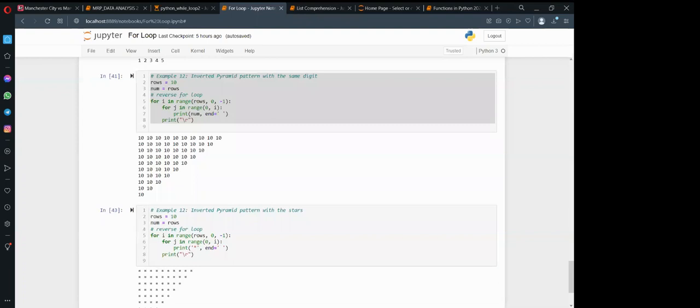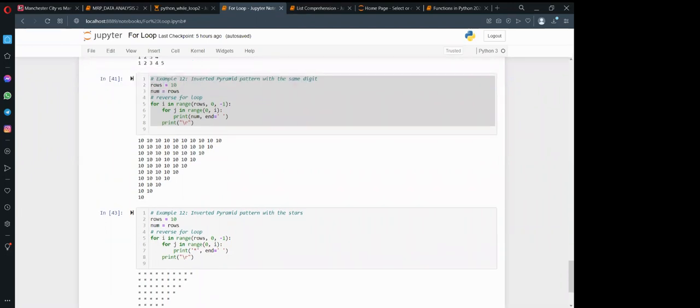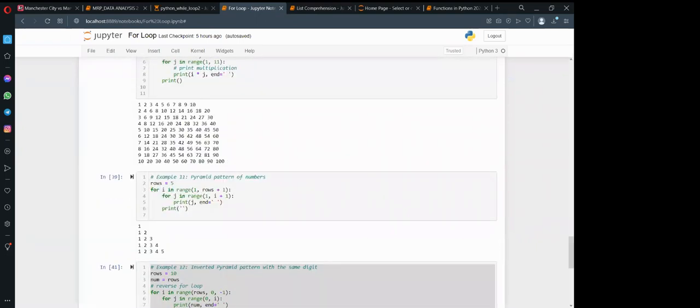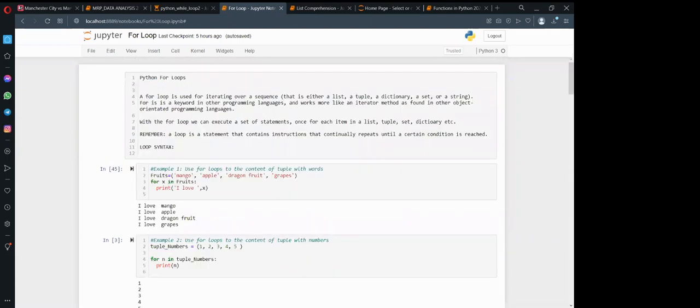So it's just the same thing, but instead of printing number 10, which is the number here, we are printing the star. So that is what I've just put in single quotes, then a comma, and then that one for the termination. So that is for the for loop. So basically, if you look at it, it is not as difficult as it may sound, but if you try the exercises, I think it is very simple.